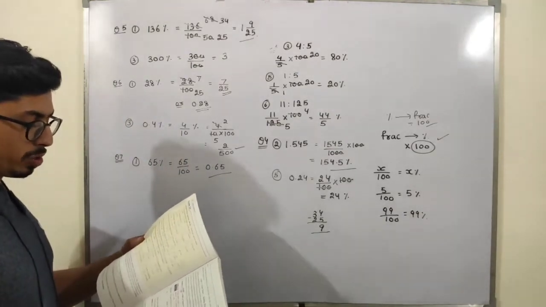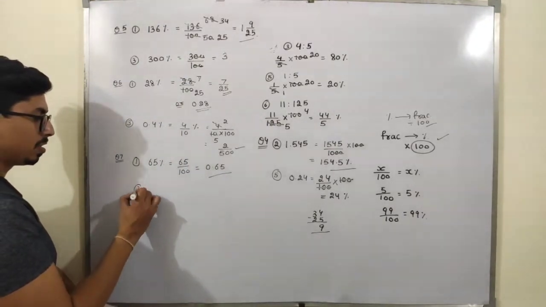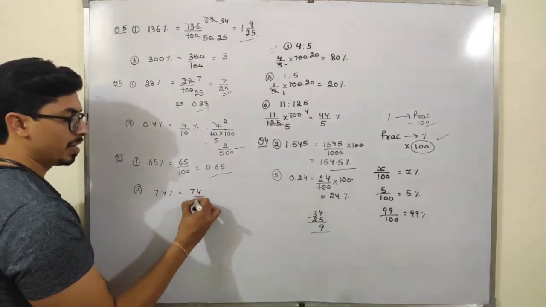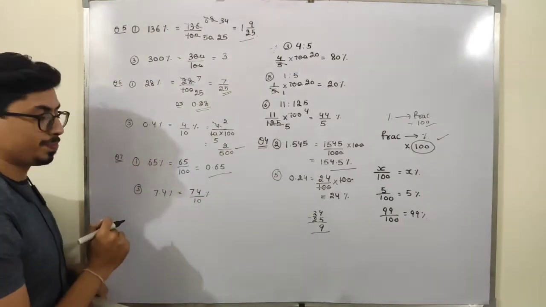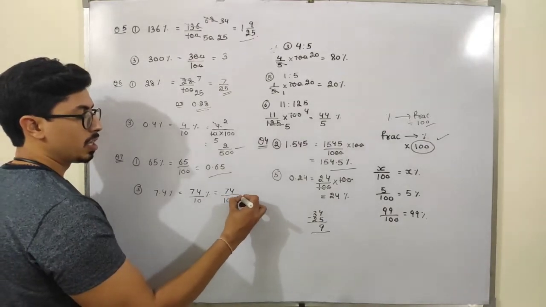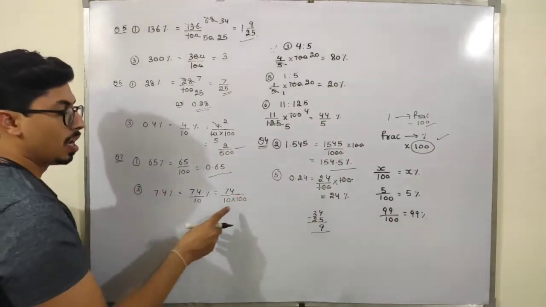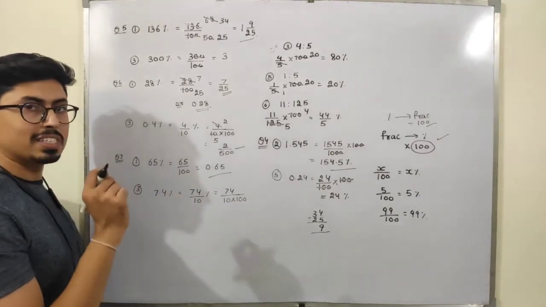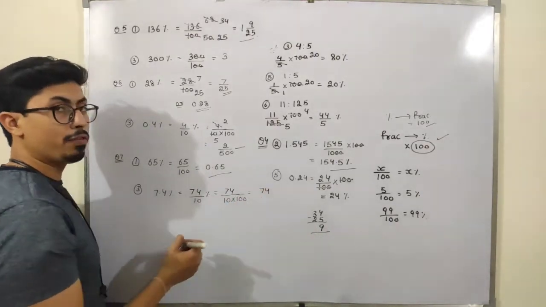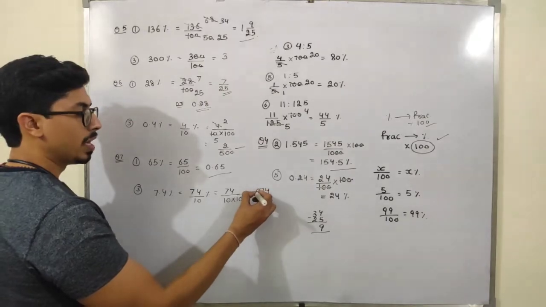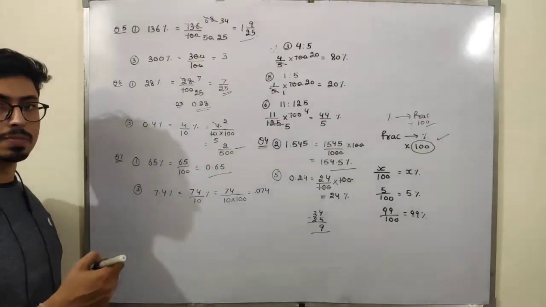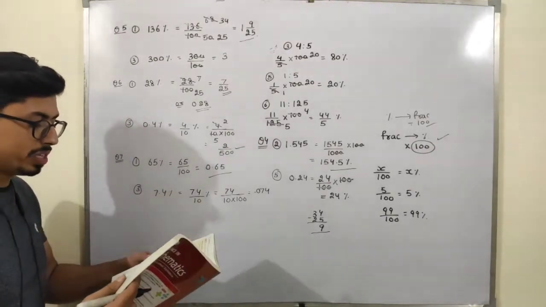Okay. Similarly, students, if I take 7.4%, that is part number 3. I can write 7.4 as 74 by 10, and the percentage as it is. Now just remove the percentage sign and take 100 in the denominator. Now 2 and 1, 3 zeros are there. Now put the decimal before 3 digits. So 1 and 2 digits are there, but I have to put the decimal before 3 digits. So put a 0 and then the decimal. So decimal 0.074 is my required answer. Okay. So this is my question number 7 students.